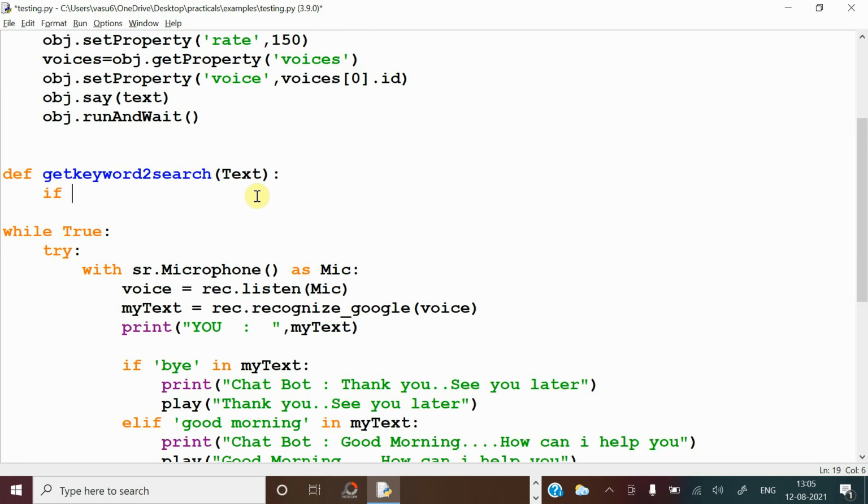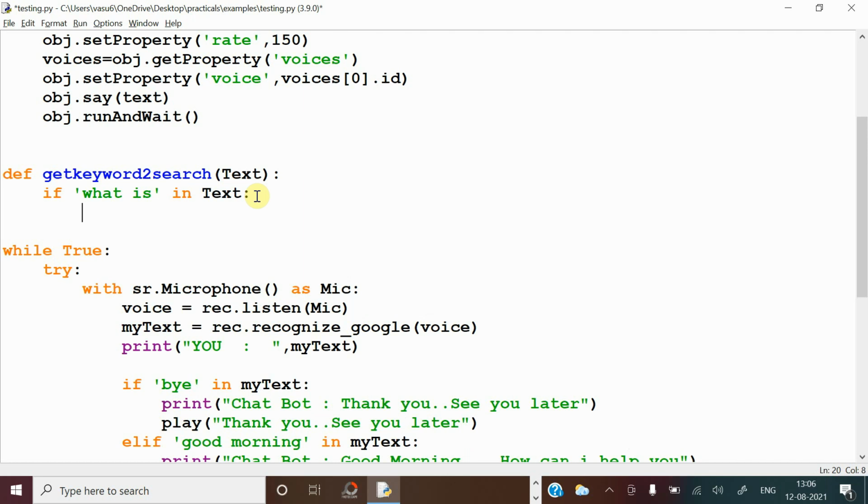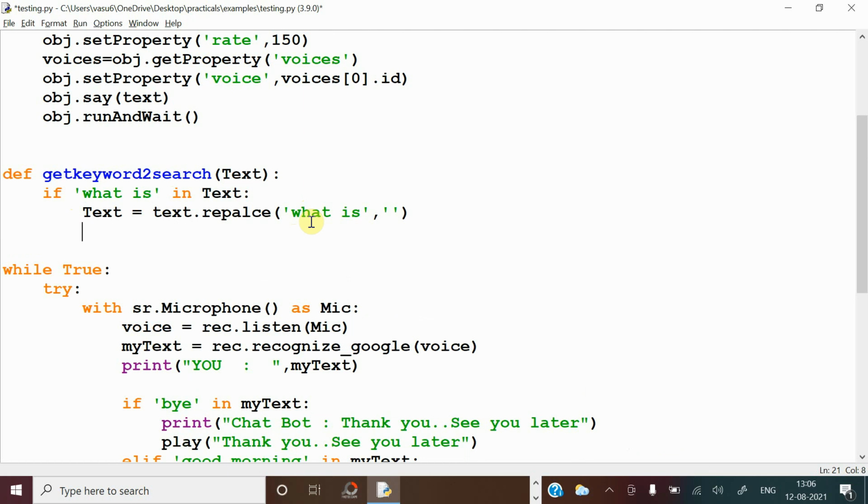So for that, if "what is" is in the text at any place, you have to remove that part. How can it be removed? Text equal to text dot replace. In the whole text, wherever "what is" is there, it should be replaced with an empty string. Simple.